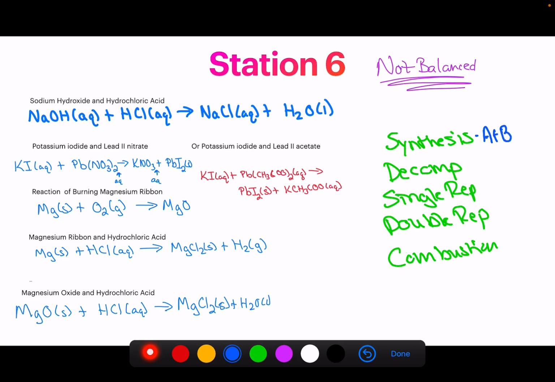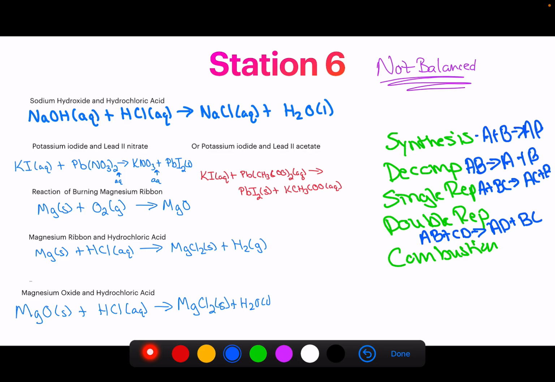A plus B yields AB, and then AB breaks down into A plus B. Single replacement, A plus BC yields AC plus B, and then AB plus CD yields AD plus BC, and then